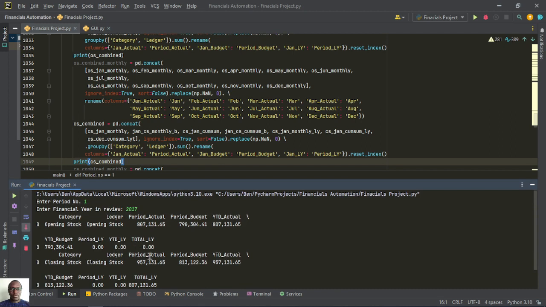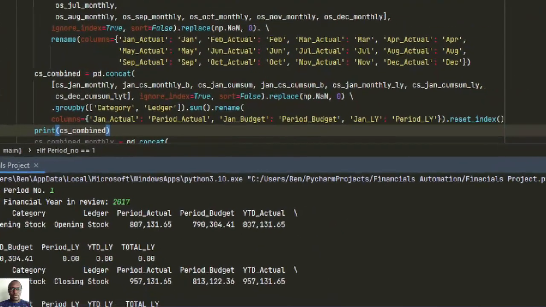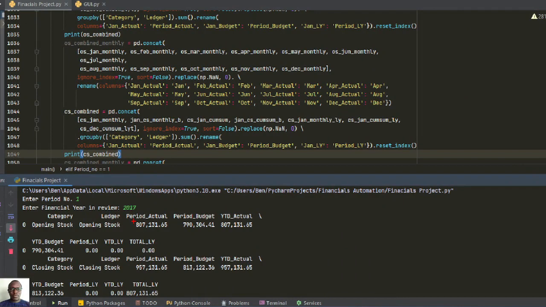We have period actual, period budget, YTD actual, then we have YTD budget, period last year, YTD last year, and total last year. The values for period last year, YTD last year, and total last year are 0 because within the last year period we did not have the values for that period,